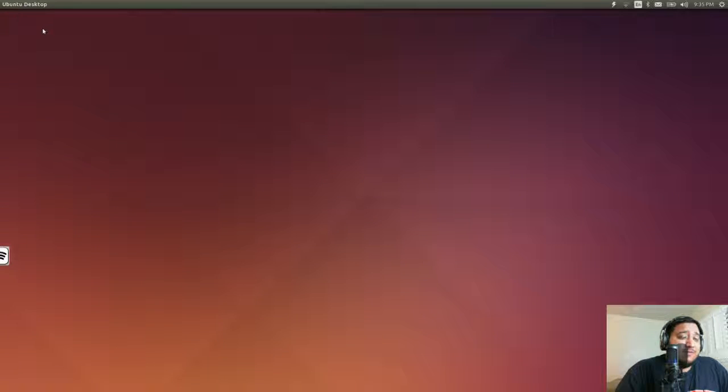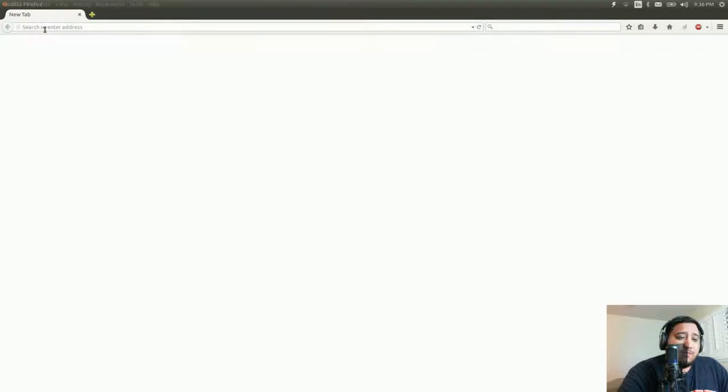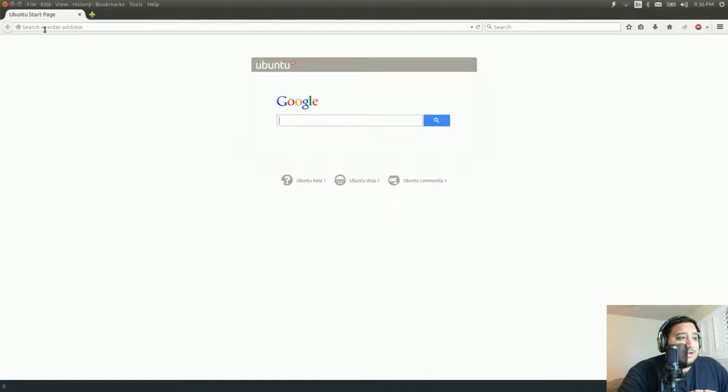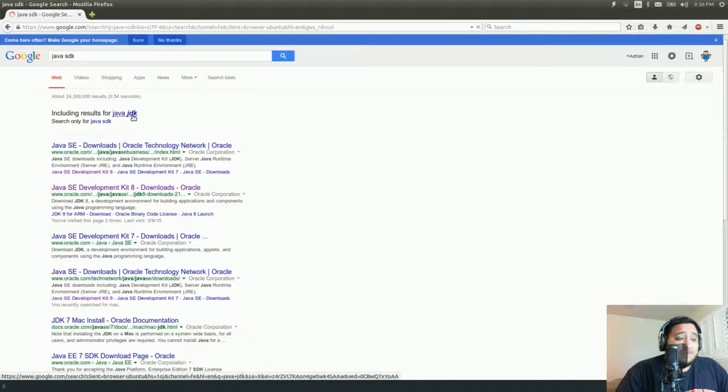If you are using Linux, then you can just get Java from your favorite package manager, whether that's Aptitude or Yum, or I'm not sure what the other ones are. Or you can get it from Oracle. Java is available for free on every operating system in existence. I'm not going to give you a link because they always change the link address, so you just need to be able to use a search engine. I know that's a little difficult for some people, but if you search for Java SDK, you should get a link, or sometimes it's called a JDK,